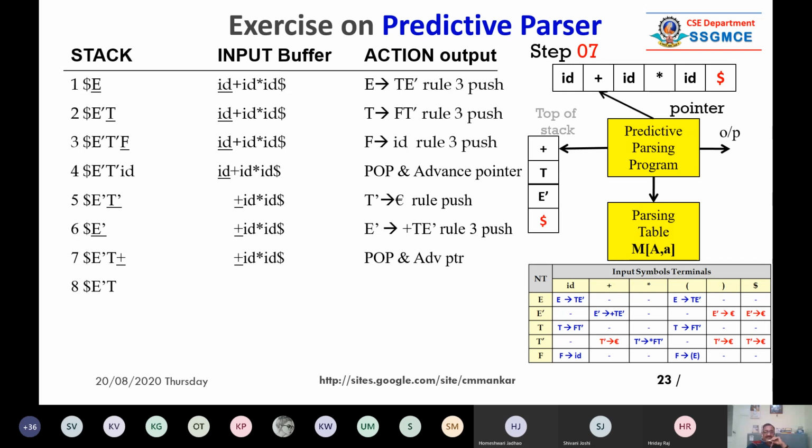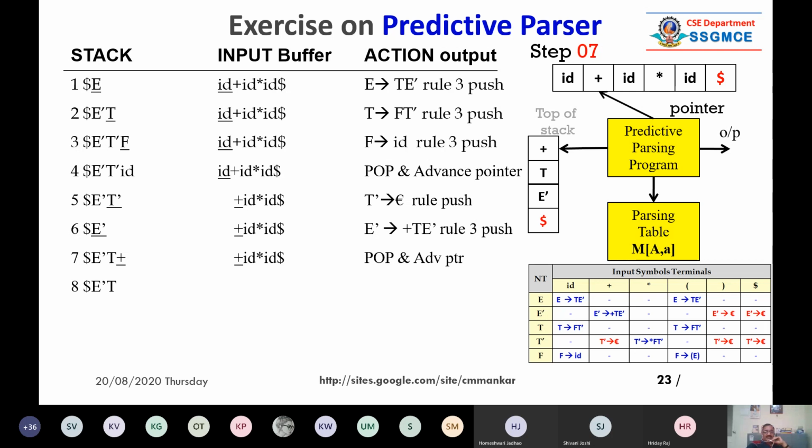So right now, what is the current configuration? Step 7. Plus is there on the top of the stack, it is underlined. T is below it, E dash is below it, and dollar is in red. So plus is on the top of the stack, and the buffer pointer is pointing to the plus, the second symbol, second token.